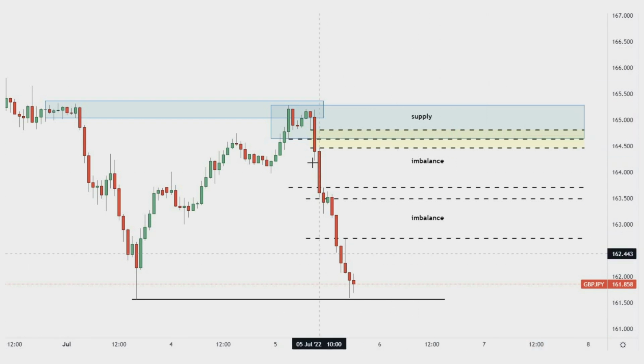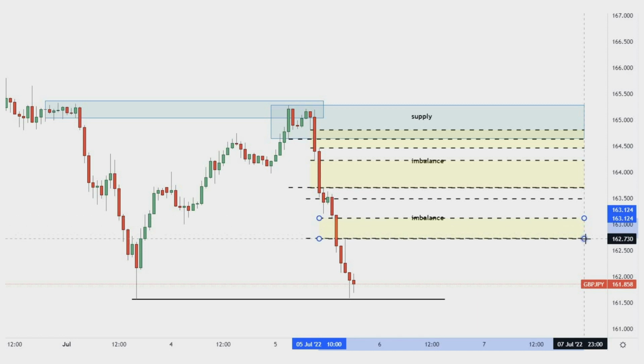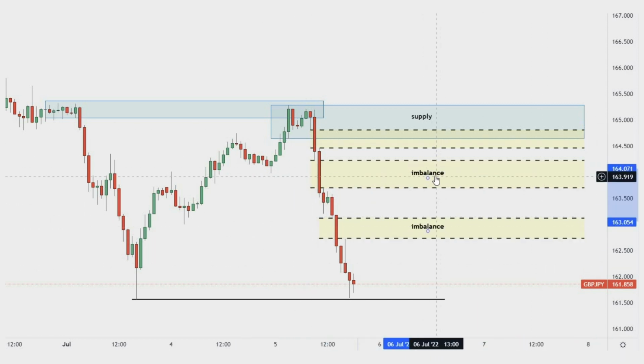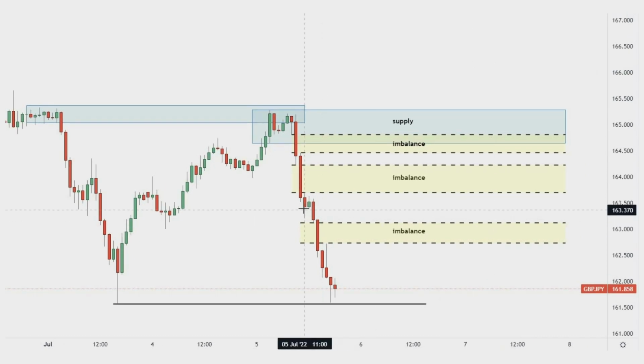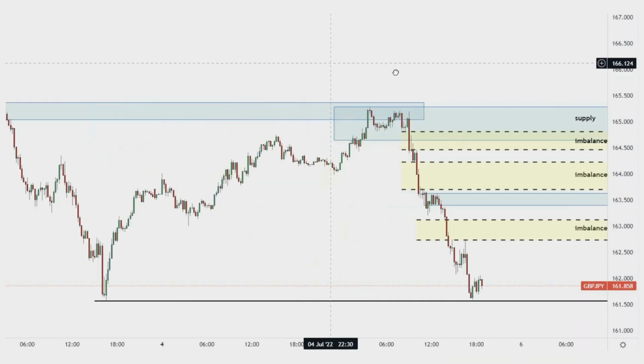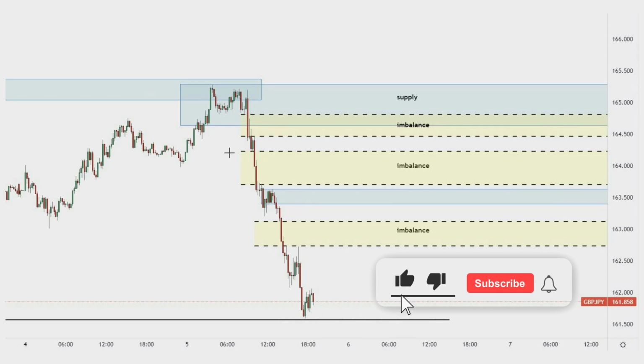We start by adjusting the imbalance zones. As a result of that, now we have 3 imbalances instead of 2. This will help us in defining the right entry level. We are highlighting a supply zone that is located above the first imbalance. We are not going to stop on this time frame, but we are going to shift even lower to the 15